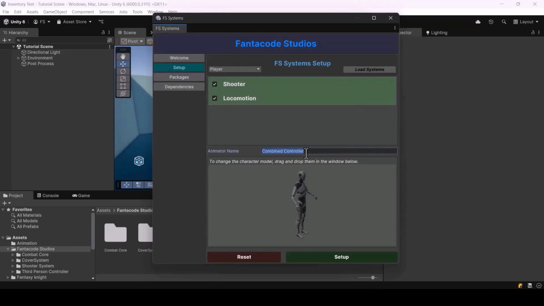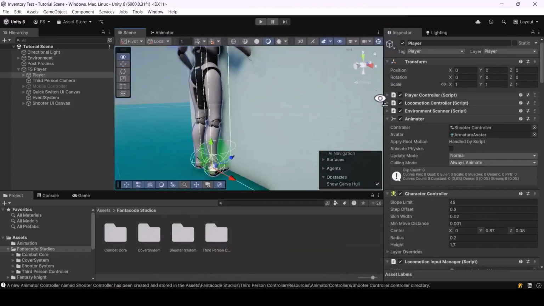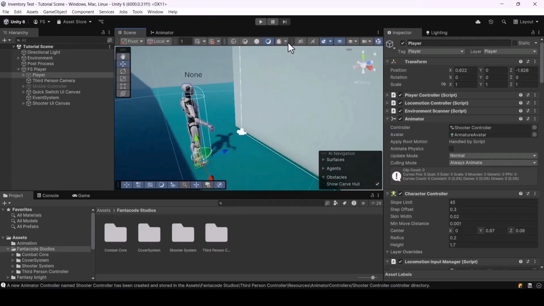And I'll just change the name of the animator to something like Shooter Controller. And if you want, we can change the character model by dragging and dropping an FBX character into this window. But for this tutorial, I'm just going to use this model for my player. Alright, so let me go ahead and click on Setup, and that should create the player character for us. Okay, and if we just run the game,